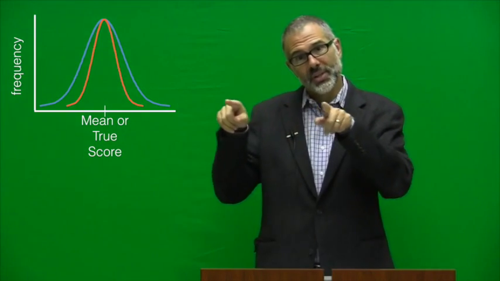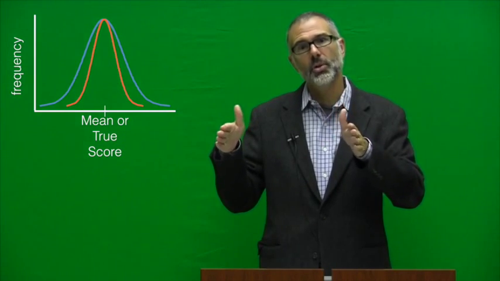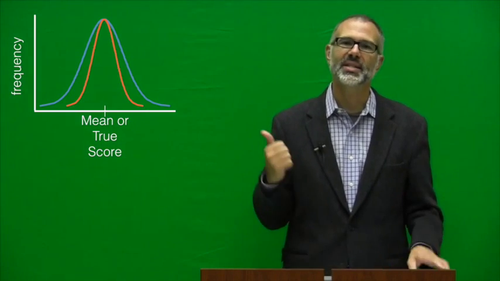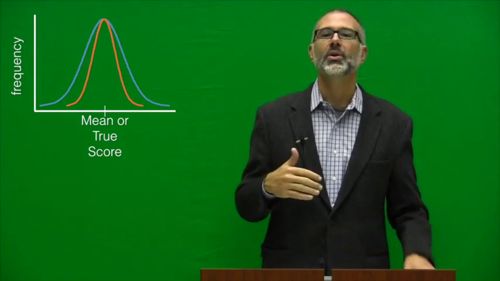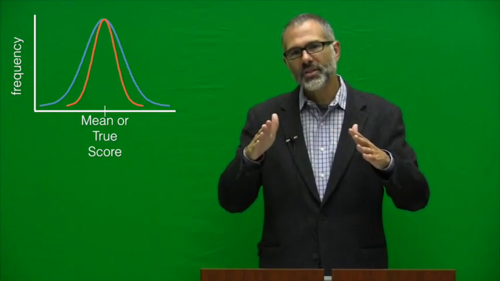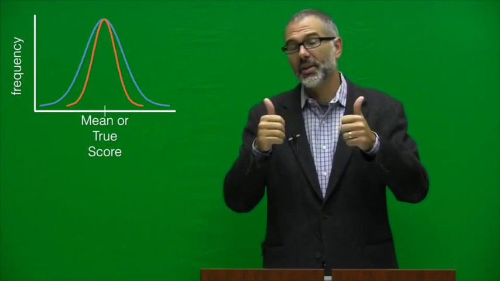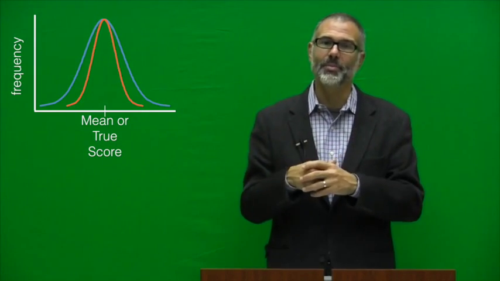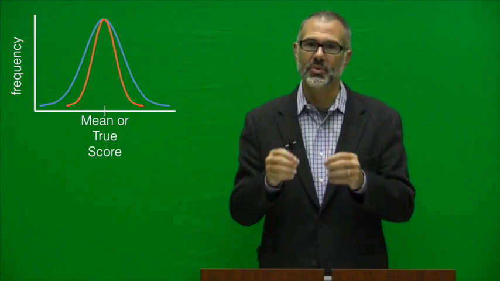So random error increases the spread of that distribution, the normal distribution. But you'll notice that the mean, which is right in the middle of those distributions, is exactly the same for both of those. So random error makes it a little harder to detect difference. It spreads out my variability, increases the sample size necessary to detect difference between the control group and the experimental group or whatever it is that I'm doing, but it doesn't affect what the average score is, which is an important thing that we use to determine whether treatments are effective.